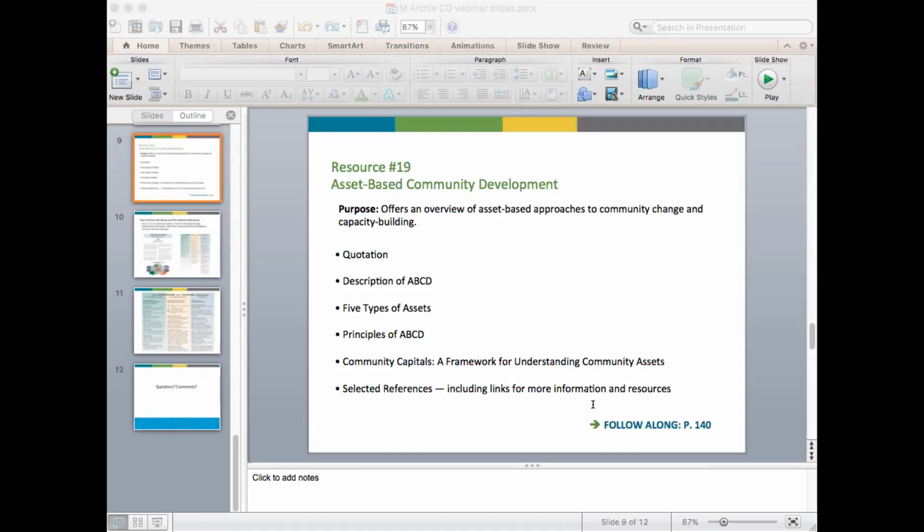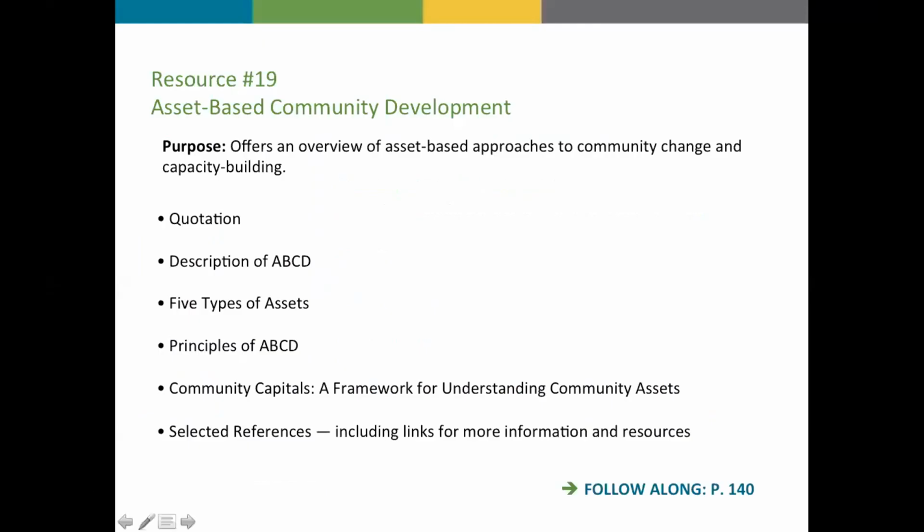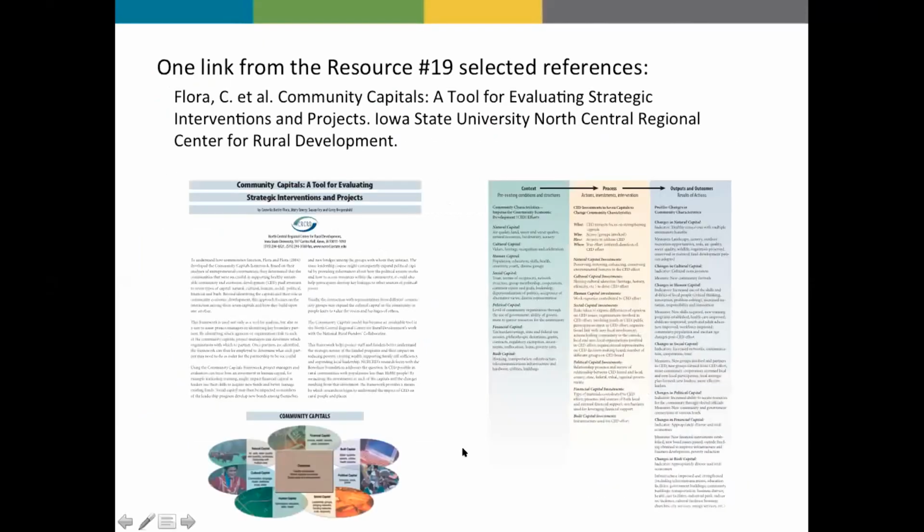has selected references. And so as Melissa's going through this, there's a lot of information and food for thought, but then there are also these specific resources, including this tool for using the community capital framework to evaluate specific interventions and projects. And so linking to that resource, Melissa really finds something she can dig into.